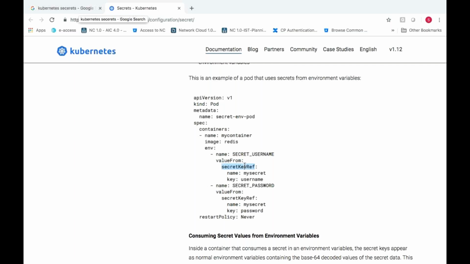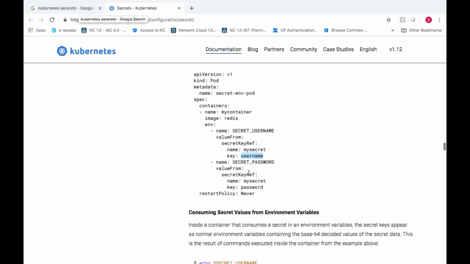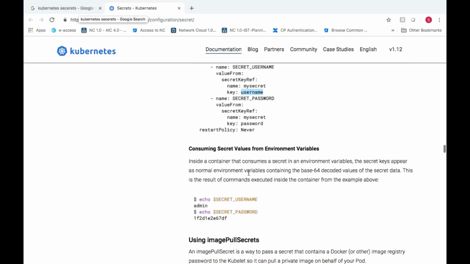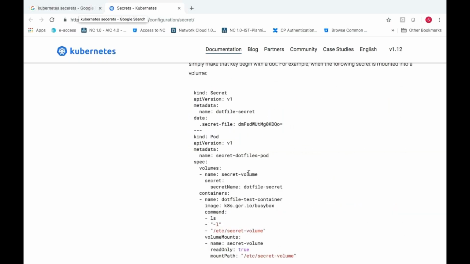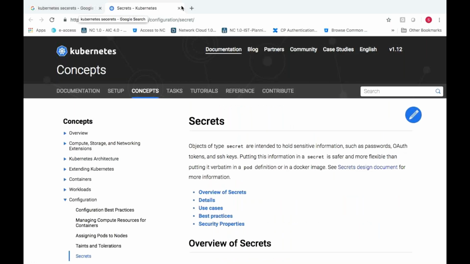So what is the secret name? My secret, and the key name is nothing but username. So that's a problem. If you don't give a proper key name, it will create a problem. So that's the reason it is recommended every time to give proper keys for your sensitive data, like secrets which we are trying to create. Okay, so this is how we need to verify. So that is all about your secrets. So either you can create from YAML file or from CLI. So that is how you can protect your data. I hope this is clear. Any questions till now?